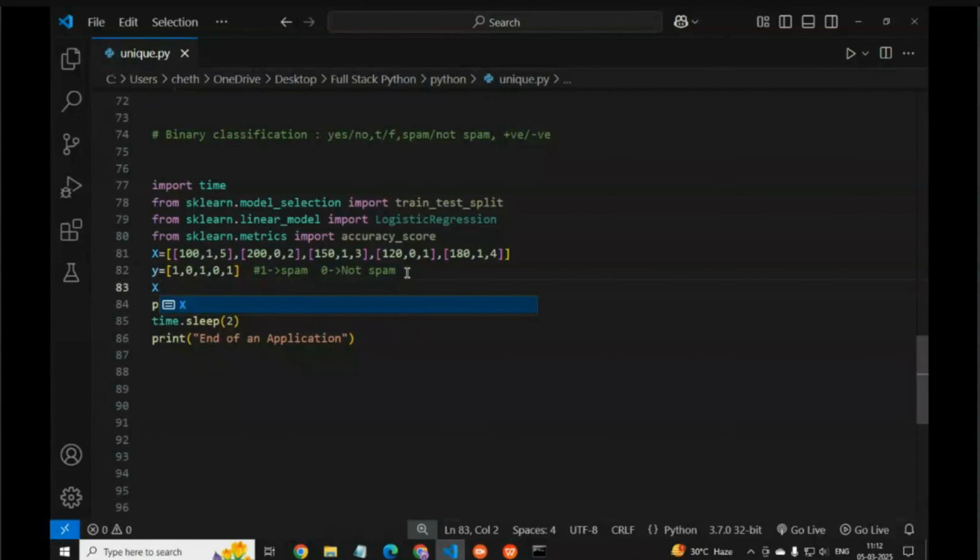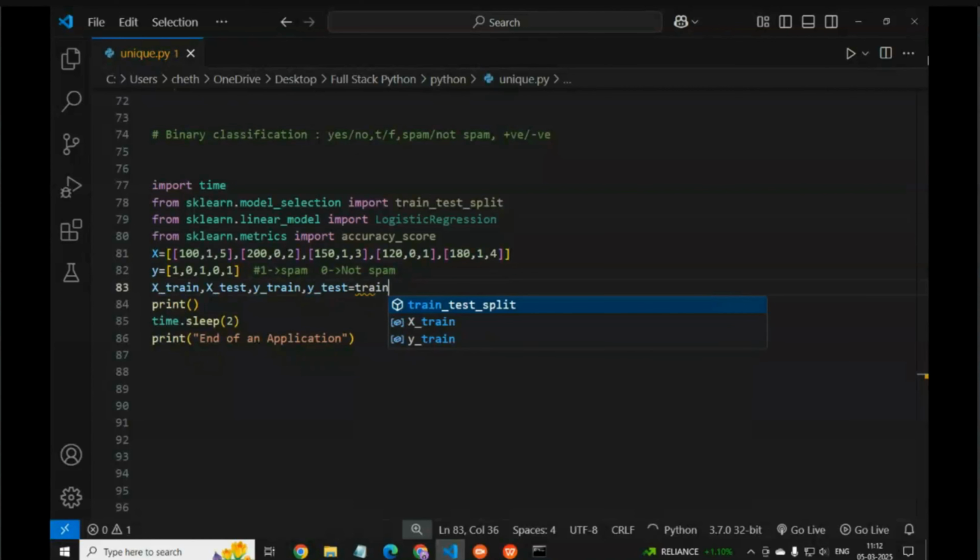So here we write x_train, x_test, y_train and y_test, like that we have to write.